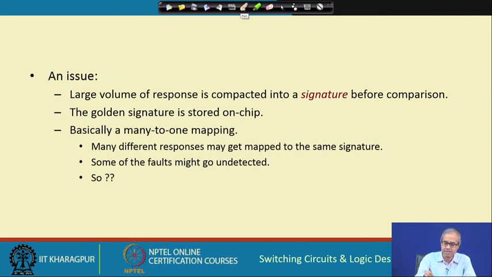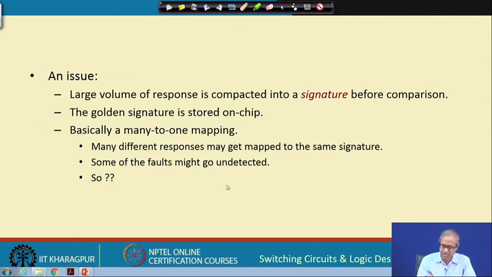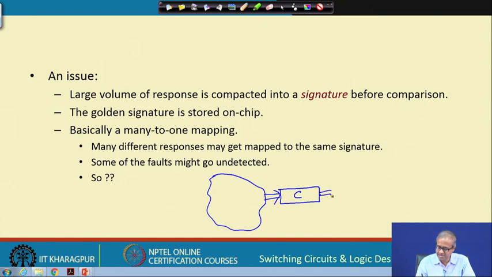Now, the point to notice is that we have huge volumes of data. Okay, we said the circuit is generating huge volume of data. Then we have a compacting operation, let us say C. The compaction operation takes this huge volume of data and generates a small compacted response. And this small compact response is referred to as the signature. So, what we store in a ROM,